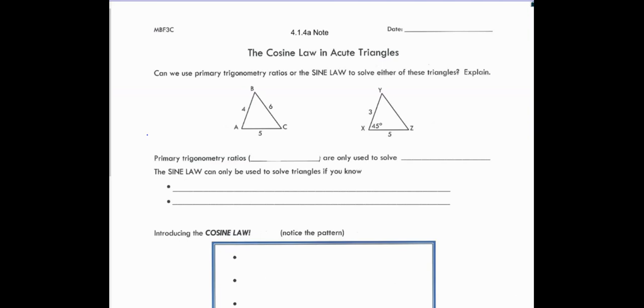So we covered what to do with right angle triangles, and we would use our trigonometric ratios such as sine, cosine, and tangent. And then we talked about whether we could use sine law when we have certain combinations. We have one combination but are missing the other combination of sides and angles. We can use sine law. Well, we find one more scenario where both of those don't fit, and we can use something called the cosine